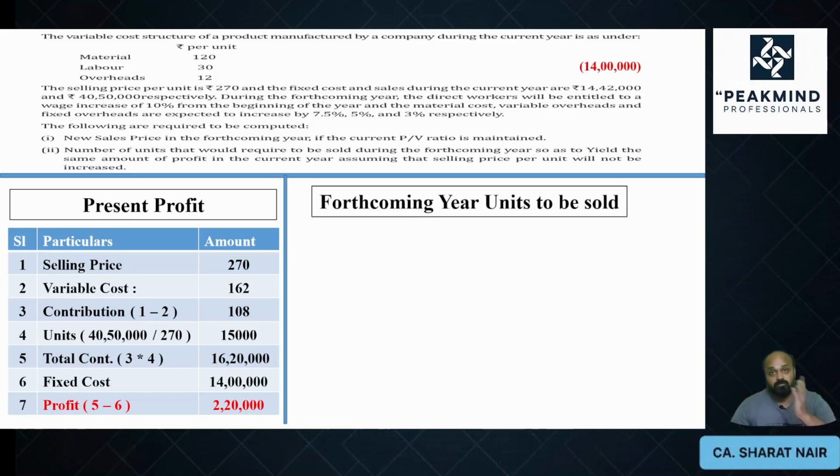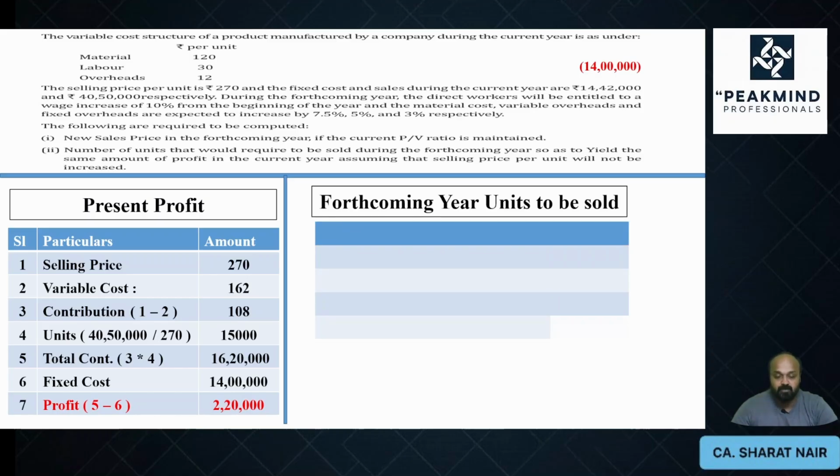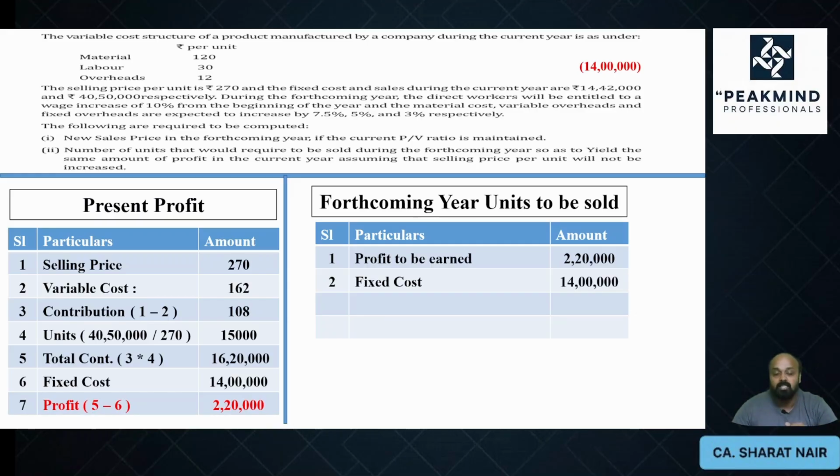Now, in the forthcoming year, giving due respect to all the changes which they have mentioned, let's try to proceed. Now, the profit to be earned, just now we have computed how much it is: 2,20,000. Now, what about the fixed cost? Fixed cost for the forthcoming year, we have to be very careful. Current fixed cost, which I assume there is a mistake in the question, to be 14 lakh, plus